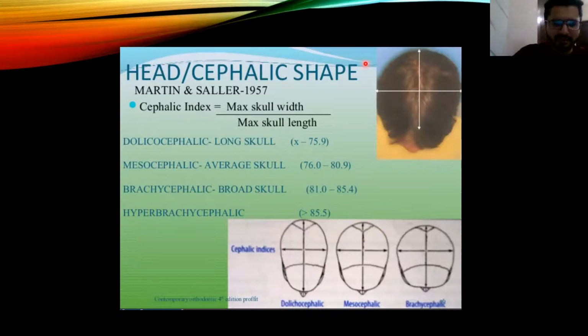Mnemonic I don't really have for that, but just remember this. If the length is increasing, it is inversely proportional to the value. So long skulls will have less value. So both of these, you can at least remember the average value. If you know the average value, anything above and below that you can diagnose if you have the formula in place. So remember the mesocephalic values or mesoprosopic values.